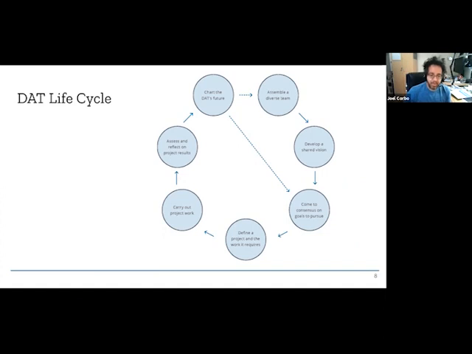Then we move on, once we have the group, to developing a shared vision together of what it is that we want to achieve. From the vision emerges a set of consensus goals for the group to pursue. And then based on the goals, we define a specific project and figure out the work that it requires, which should ideally include some pieces of data collection and assessment, so that we know that the work is actually going as it's supposed to, or if it's not, so that one can adjust. Then we carry out the project work, assess and reflect on the results, and then move on to thinking about, well, what's the future of the DAT,